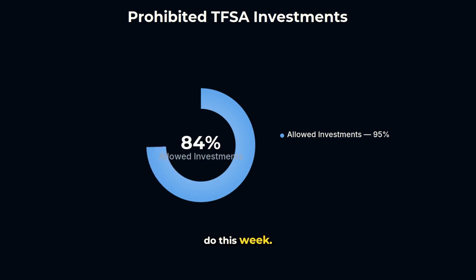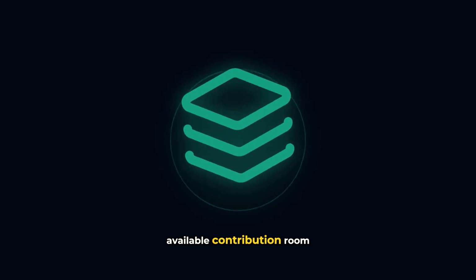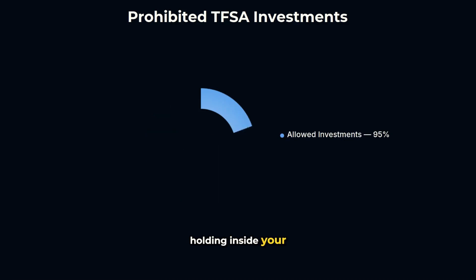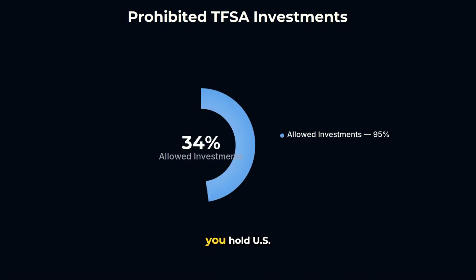Here's what you should do this week. Log into your CRA My Account and verify your available contribution room. Don't rely on your bank's estimate. Review what you're holding inside your TFSA and confirm everything is a qualified investment. If you hold U.S. dividend stocks, consider whether they'd be better placed